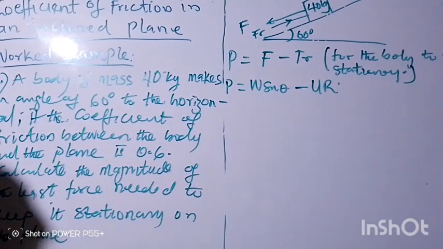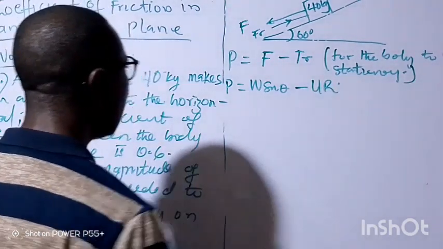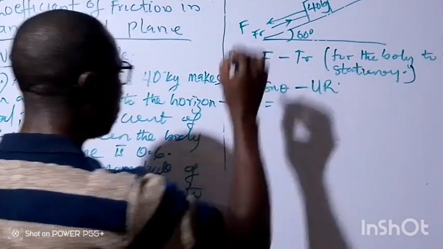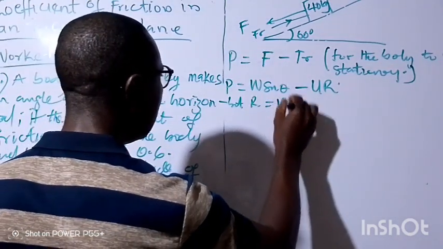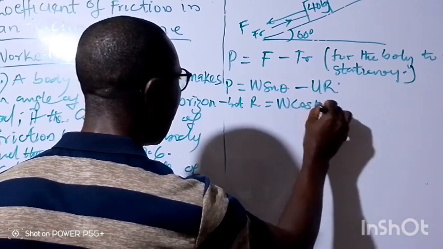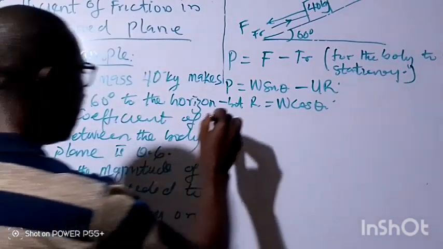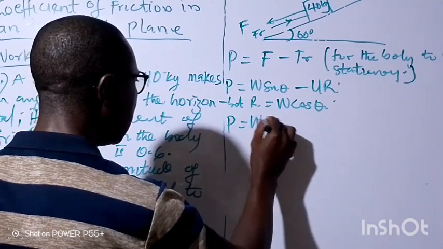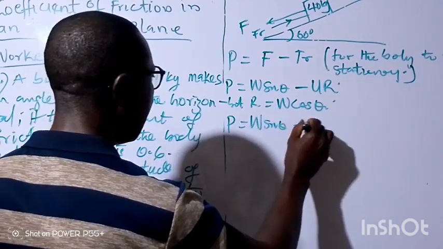Also, don't forget our R is the normal reaction, and R is equal to W cos theta. If that is the case, the least force needed will be equal to W sin theta minus mu